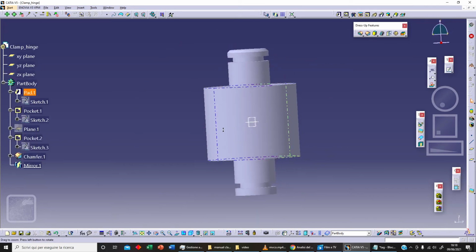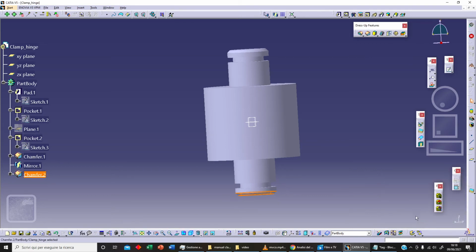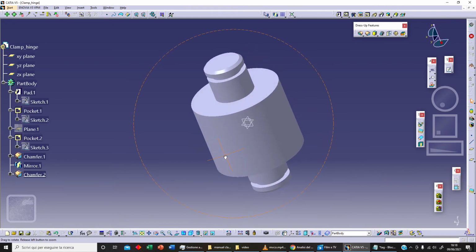We've got our symmetry. As you can see here, we've got a problem with our chamfer, so let's repeat our chamfer on this surface here. 0.5 and 45 degrees, and let's click on OK. And now let's hide our plane,